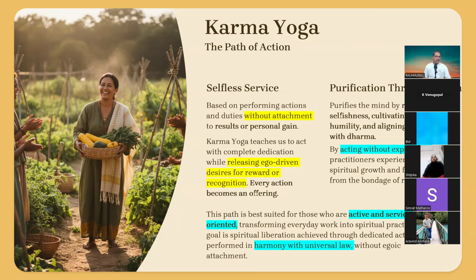That means you want to do action. You don't have any attachment towards your own well-being. If everybody is happy, you will be happy. So you are a service-minded person, and you want to express that through action only. When you do that, we call you a karma yogi. That's why in most ashrams, when you go, they will say do karma yoga. That means you clean the ashram, clean the toilet, do whatever is possible for that place. Or you go to the temple, take up some social activity. All those things come under karma yoga.